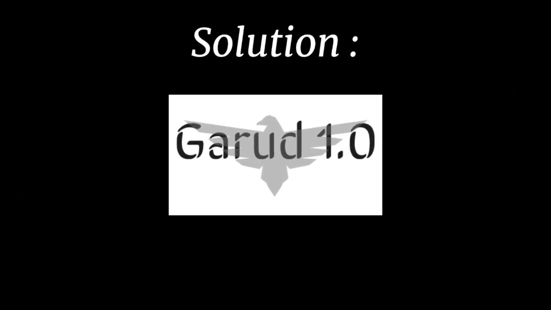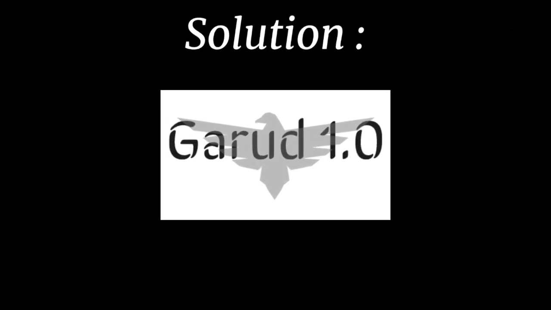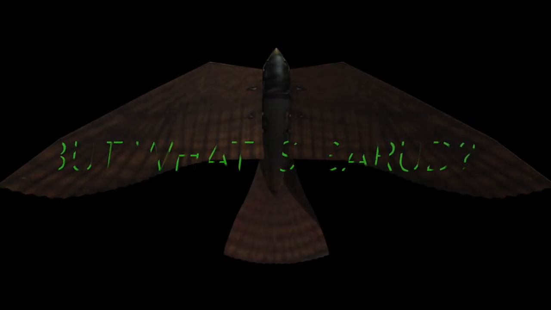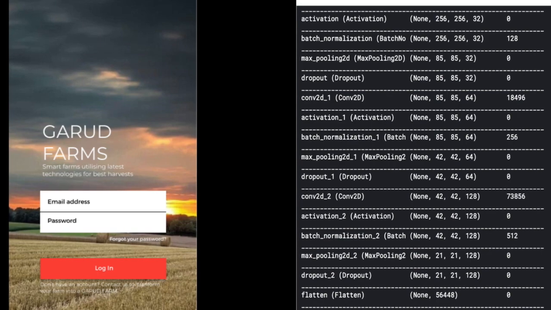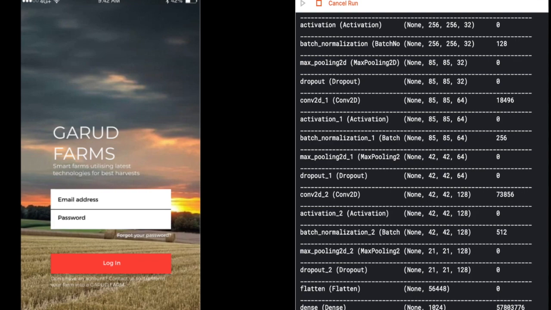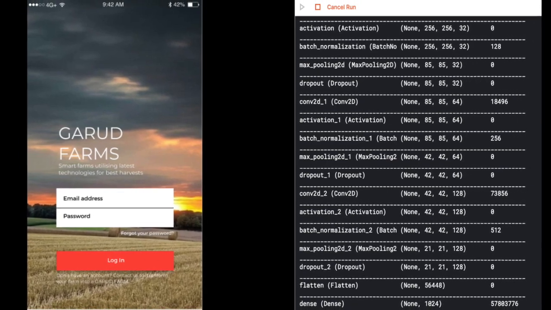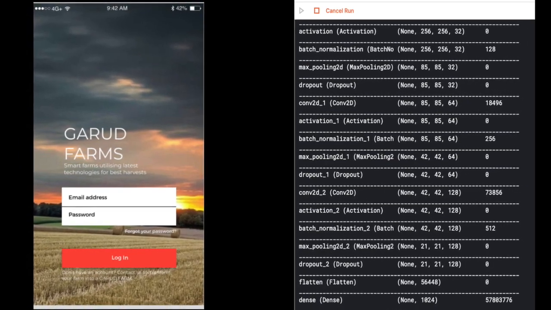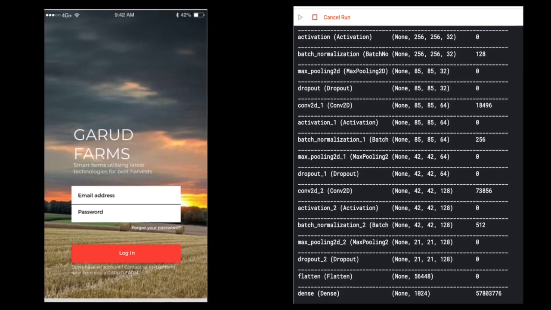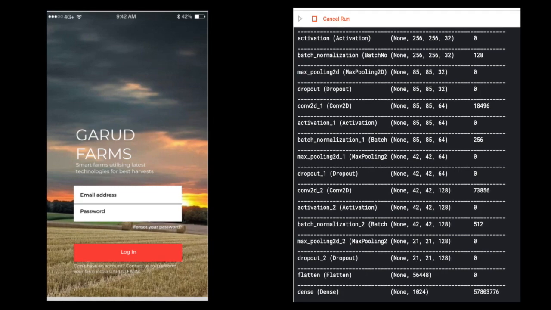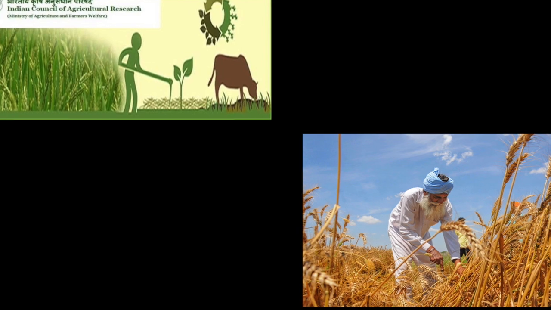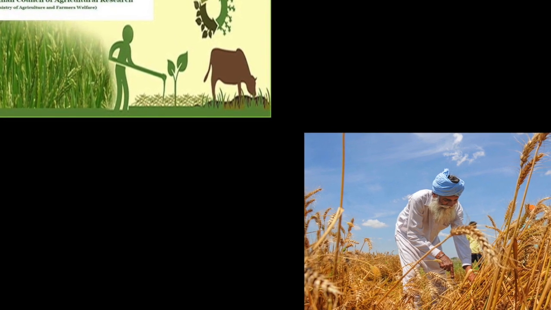Hence, Garud is the solution we believe in. Garud 1.0 is an IoT and AI based system that will help the farmers in many ways possible. It consists of a UAV that surveys the field and sends relevant data to a series of algorithms which thereafter show probable predictions through the app to the farmers in the regional dialects. A total of 3 machine learning models will be required for this purpose. In addition, Garud 1.0 also connects the farmers to agricultural research institutes and the traders.